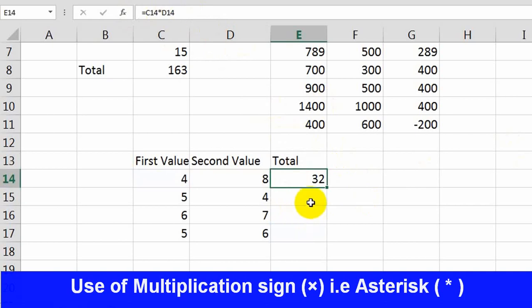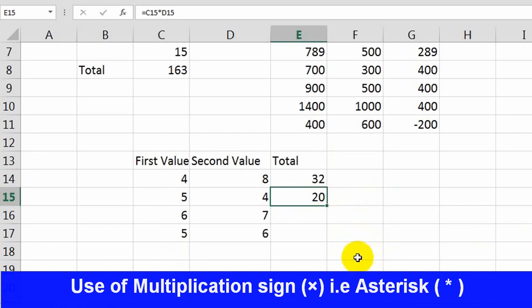Like this you can multiply. Similarly, now equal to, you can also just click on this value, then the asterisk sign, then click on this value. Press enter, automatically you got your output. Now we have applied the same type of formula here. If you want to apply the same method in the remaining cells for calculation, you can just copy the formula.